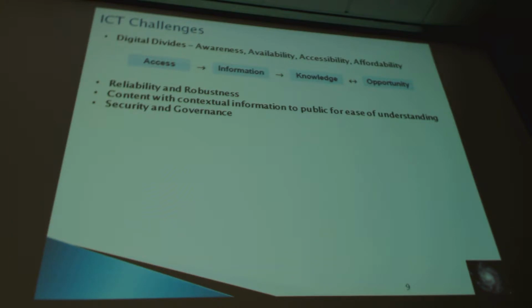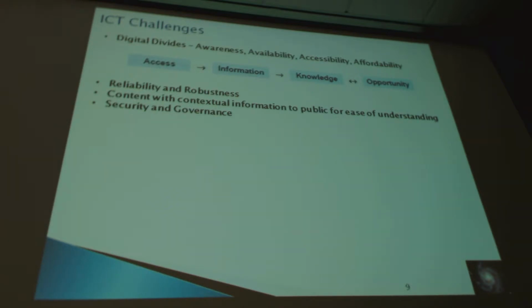Availability and accessibility is definitely impacted, like whether we have access to the infrastructure to deploy ICT. Affordability even to buy the infrastructure and set up the ICT systems. So we see that the ICT opportunity is driven by the knowledge of ICT, which is really impacted by the information and access of the ICT